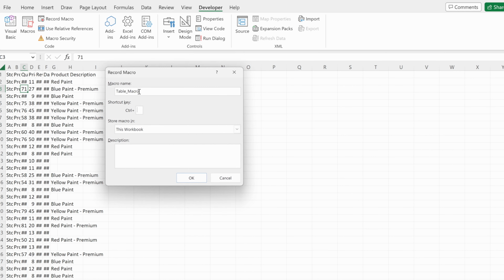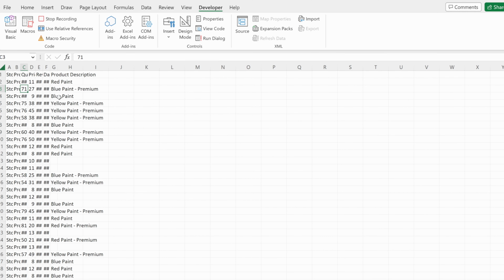For the shortcut, you can either click a button. So if you want to make this Control T, you can do that. Or if you hold the Shift button when you press an alphanumeric character, it will make Control Shift. If I use Control Shift T and store that in this workbook, what I can do is hit Control A,